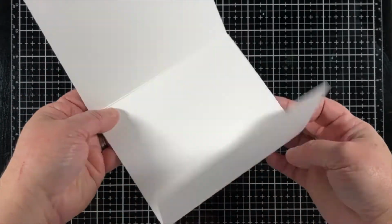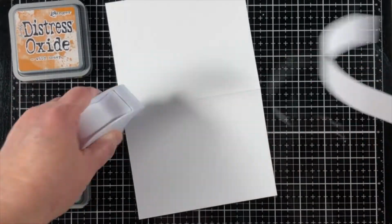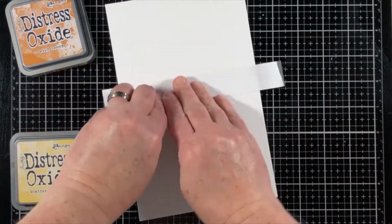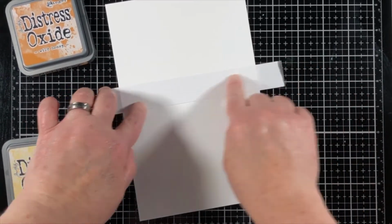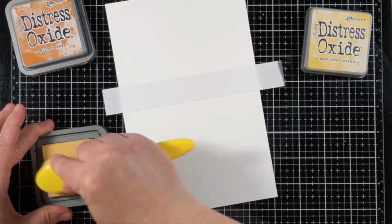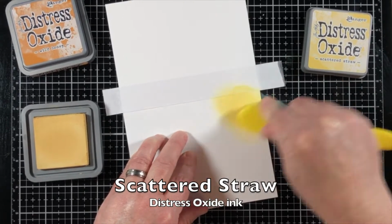I'm starting off with 2 card bases, or you could call them note cards, 4 1/4 by 5 1/2 after they're folded. And I'll show you exactly how we're going to put them together. The first thing I'm going to create is a card front that has an ink blend all over the whole